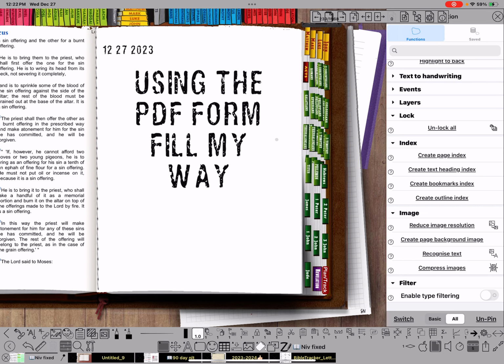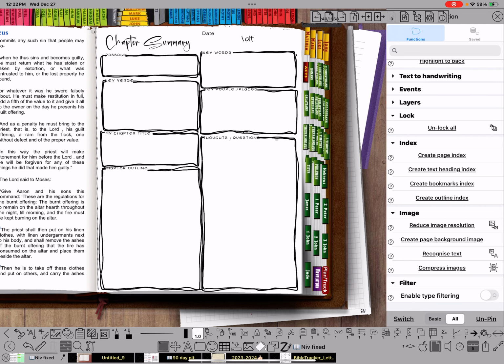Watch what happens if I go to the next page. This is a form that I see myself using all the time when I'm taking notes in my Bible. I want to do this kind of summary and just a Bible study kind of a thing. And I normally would put this in my Bible